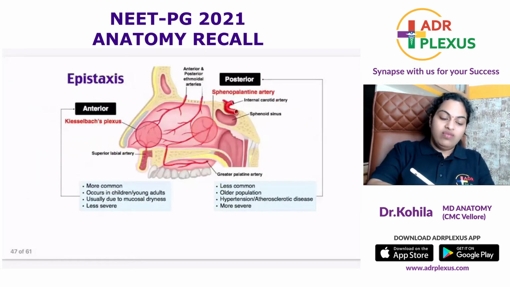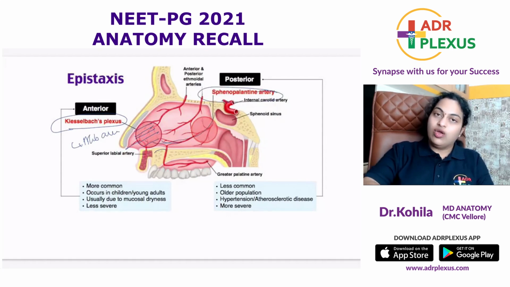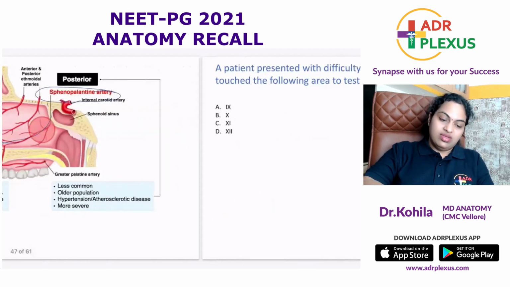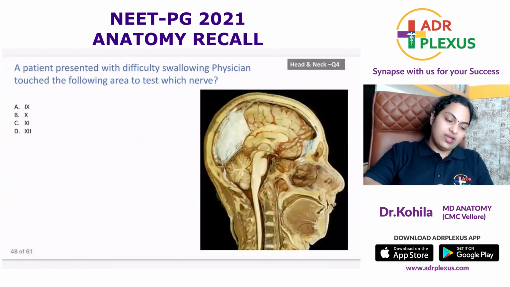Lateral branches and septal branches supply both the lateral wall and the nasal septum. So in the anteroinferior portion of the nasal septum, which is called Little's area, you have Kiesselbach's plexus contributed by a branch from the facial artery, the sphenopalatine artery, and the greater palatine artery. Because of its major contribution to the plexus, we call it the artery of epistaxis. That is the most suitable answer for the question asked.